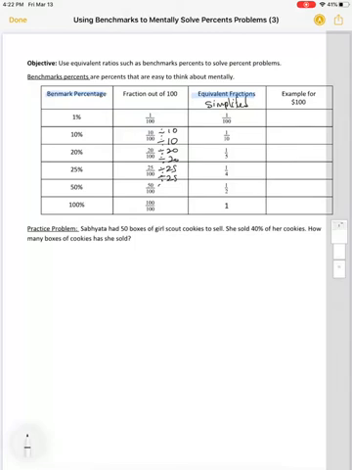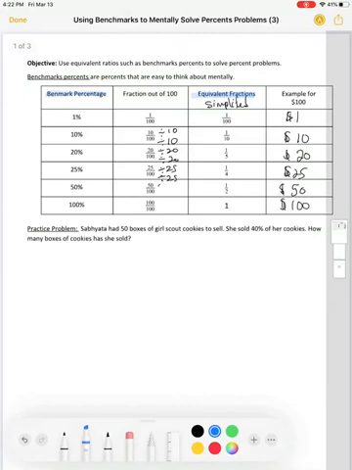So if we think about these in terms of, let's say, $100, we have $100 and we want to find a percent. Well, it's 1 out of 100, so it's actually just $1. And here, 10% is 10 out of 100, so it's $10. Okay, 20 out of 100, so it's $20. 25% means 25 out of 100, so it's $25. 50% is half of 100, which is $50. And then if I have 100% of $100, boom, I've got $100. Okay, so now if we come down here,